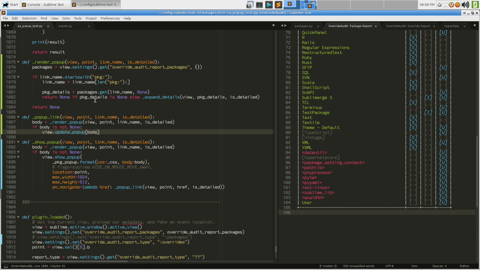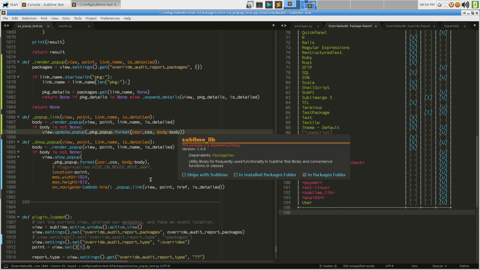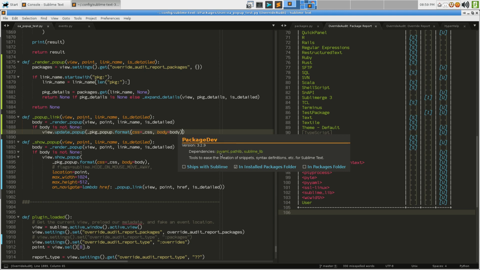This needs to have more stuff in it because this is calling package_popup.popup. It needs this part. My bad. So that. Okay, so if I do that, then I can click on package dev, and that shows us package dev,